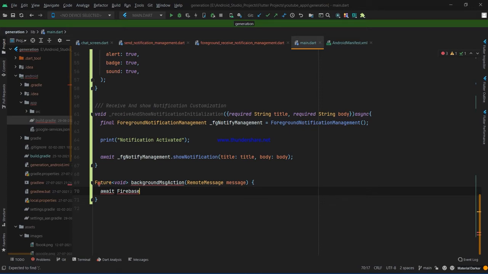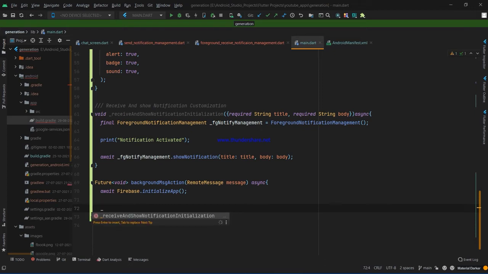Okay, so that's why we have to write some more code for that. So firebase.initializeApp. Okay, and then for the pop-up we have to do one more thing, receive and show notification title and body. Okay, so where do that title and body come from?